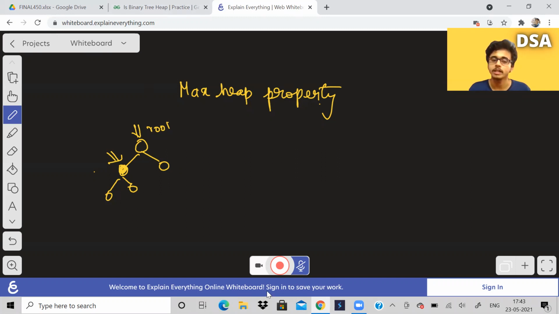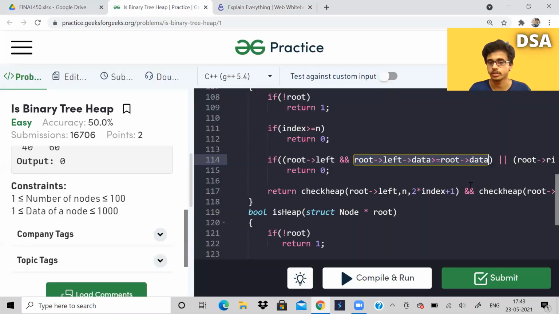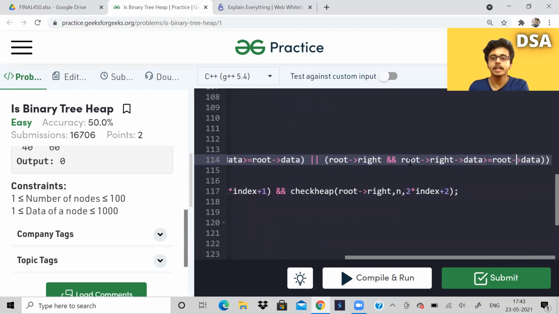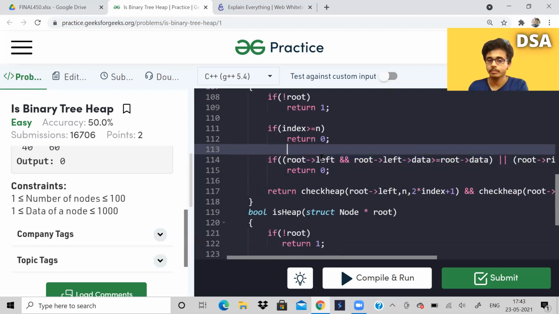We have to consider all these possible nodes. So if the left child has greater value than the parent, then we return false, because it can't be a max heap. Similarly, if right child is present and the right child has a value greater than or equal to the parent, then also we return false. So there is an OR condition over here. This is checking the first property of max heap.